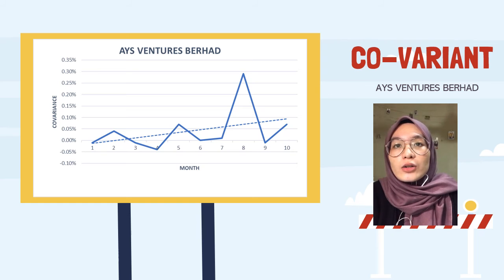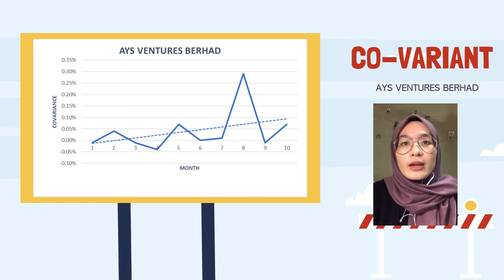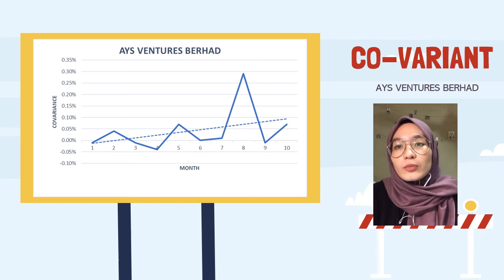The trend in June was 0% and rather inclined by 0.01%. However, in August, the percentage increased by 0.29%, which is the peak for the whole 10 months, and drastically increased in September but inclined in October by